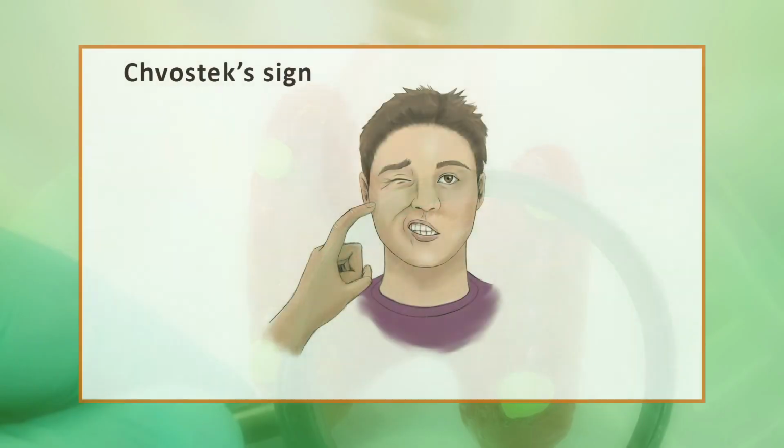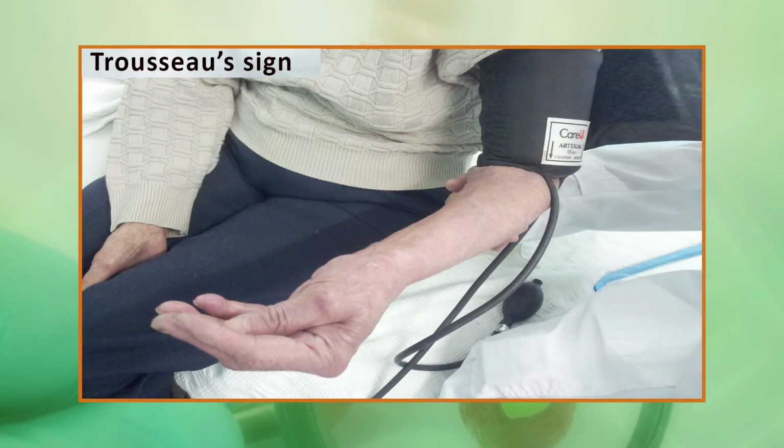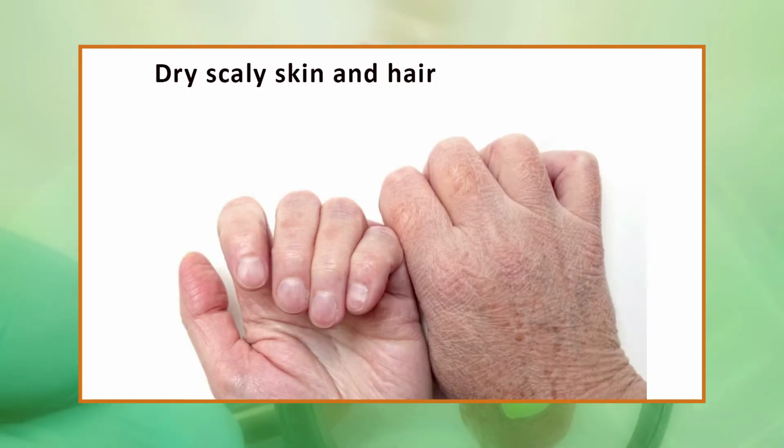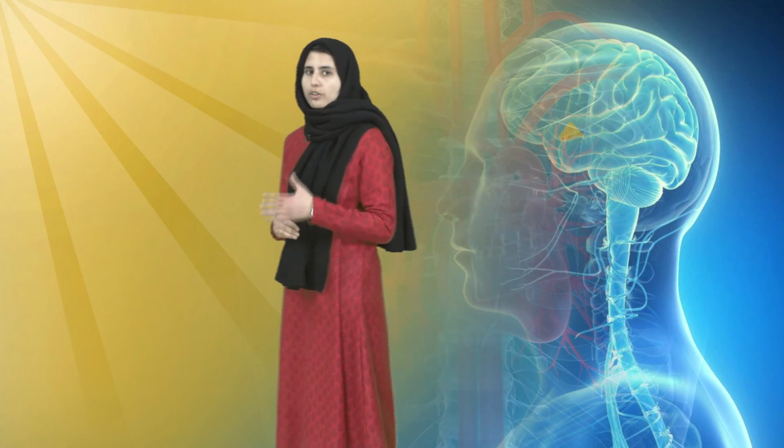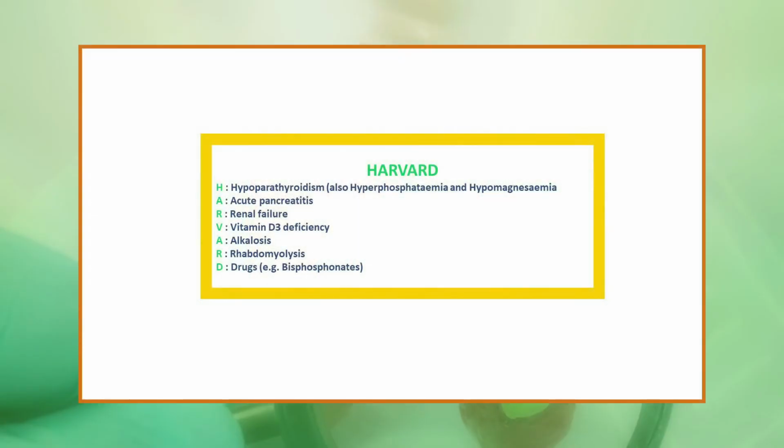Second one, Chvostek's sign, a twitching of the facial muscles following light tapping over the facial nerve, and also Trousseau's sign, a characteristic tetanic spasm of the wrist and fingers following over-inflation of a sphygmomanometer cuff placed over the upper arm for more than 3 minutes. Now, dental abnormalities, dry scaly skin and hair, brittle nails and cataracts may also be present in more chronic persistent cases. If hypocalcemia is suspected on clinical examination, the common causes can be recalled using the mnemonic HARVARD, that is